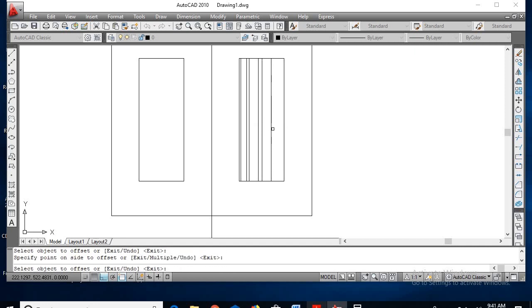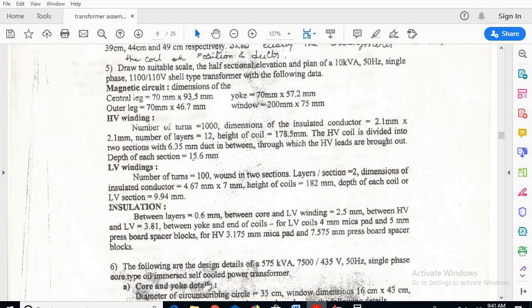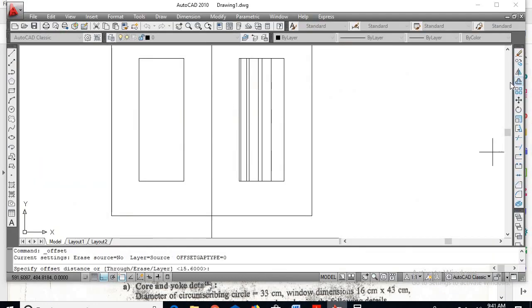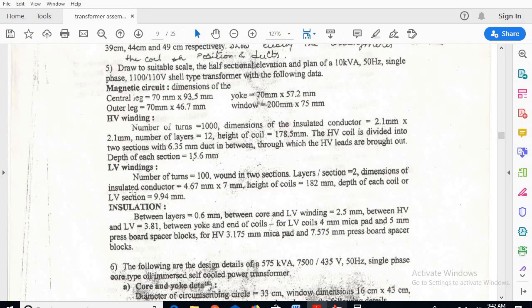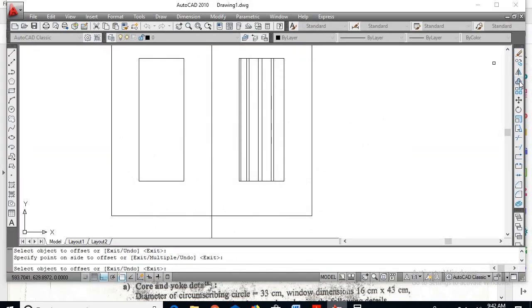Next, between LV and HV there is an insulation, that is 3.81, offset 3.81, select this line, click towards right. Next, LV winding, depth of LV is 9.94, offset 9.94, enter, select this, click here.